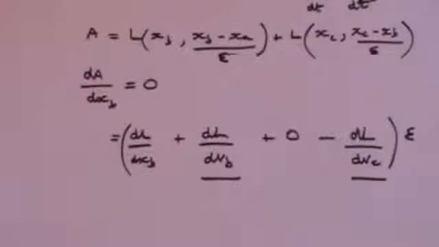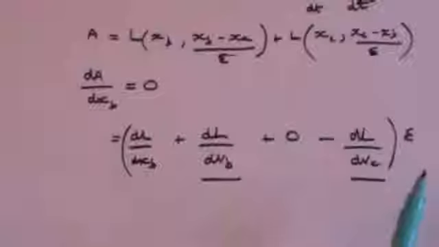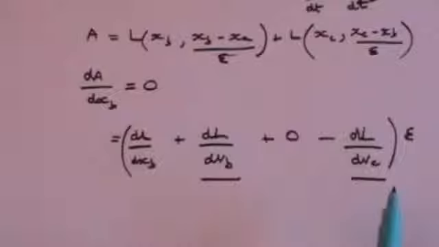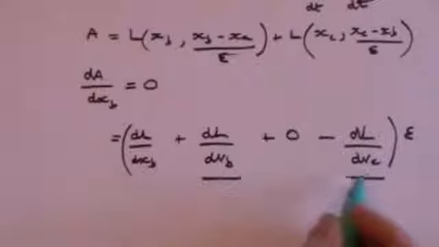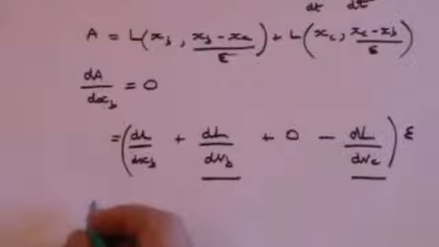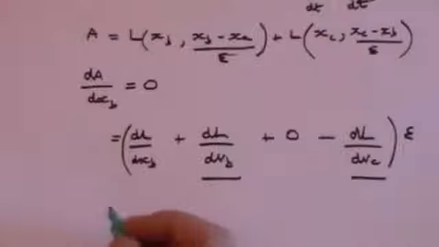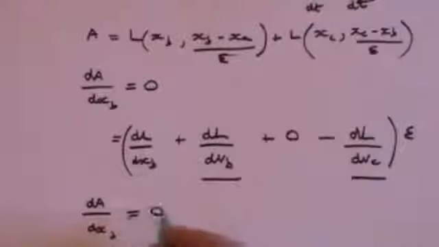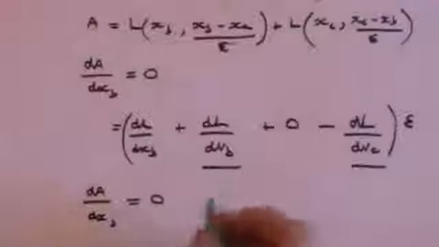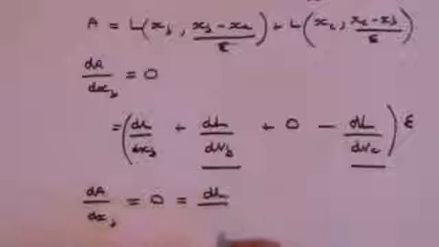Well, again, you can go through the maths, which is fairly complicated, but let's think about what's really happening. As point C approaches point B, what you are actually looking at here is the rate of change of the Lagrangian with respect to the velocity. So as we get to infinitesimally small points, as epsilon tends to 0, dA by dxb, which we know has got to equal 0 for the minimum, is going to be equal to dL by dxb